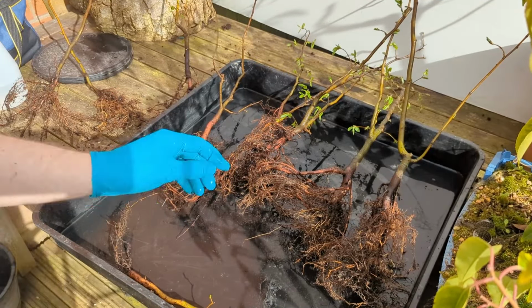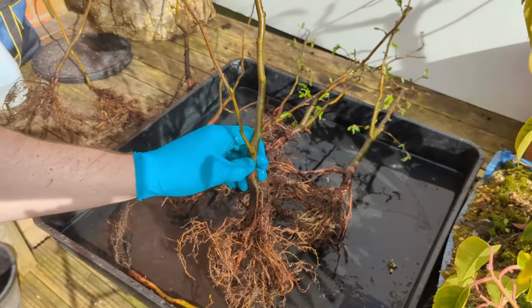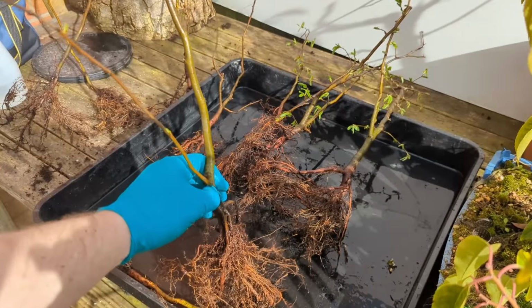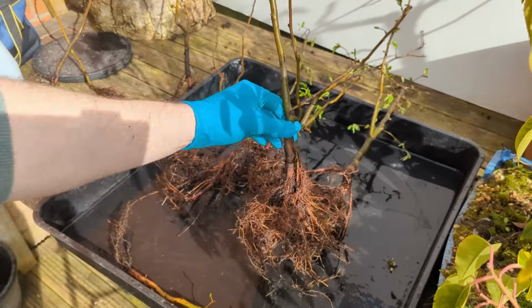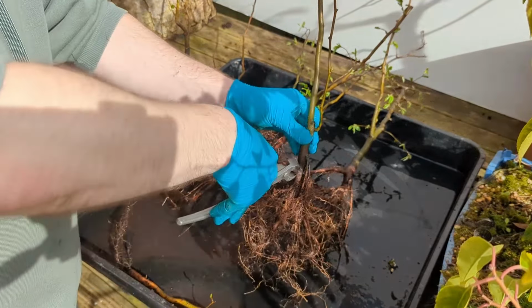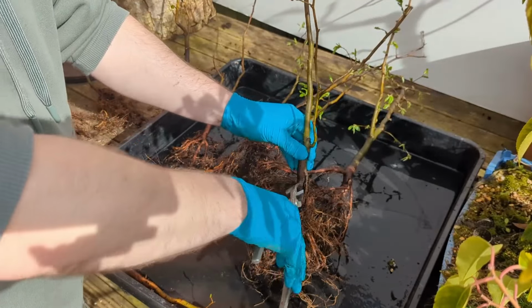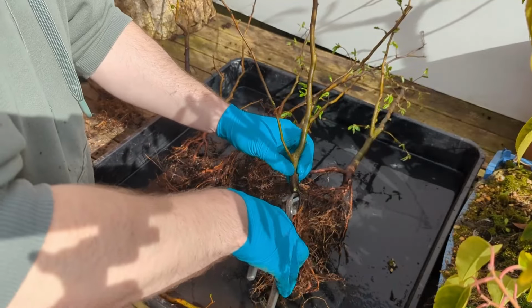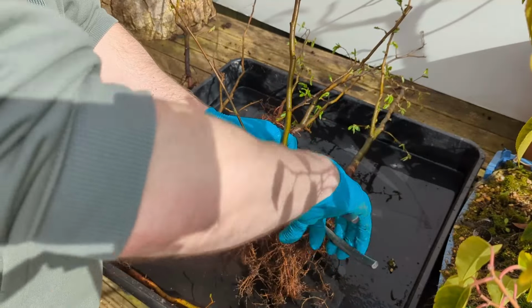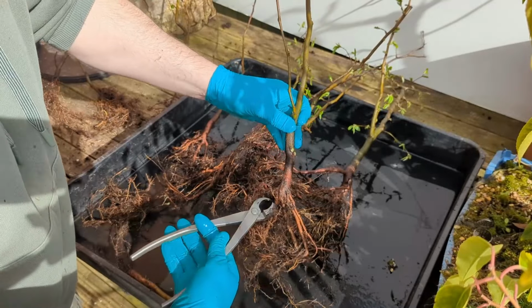Now back to the main trees. I hope you can see, because the sun is shining so brightly on my screen I can't see. So if I just trim it there, I can see. So here, I'm just going to trim this one off there. Come in, take that off, there, and I'm going to take this,